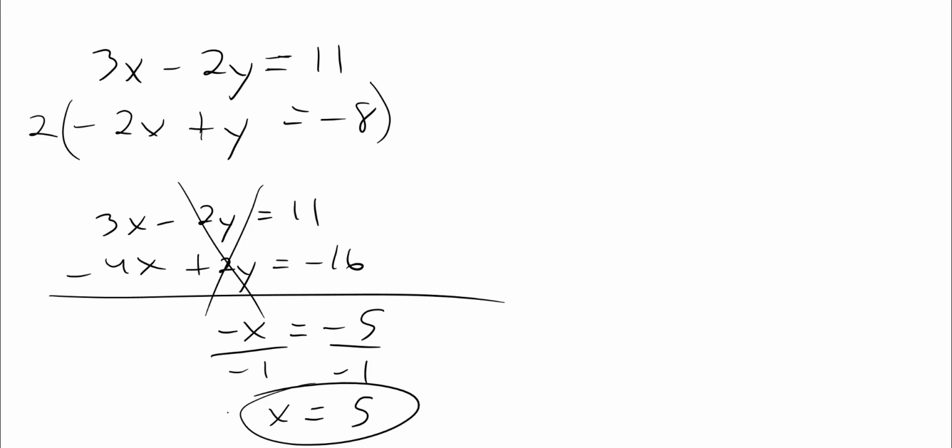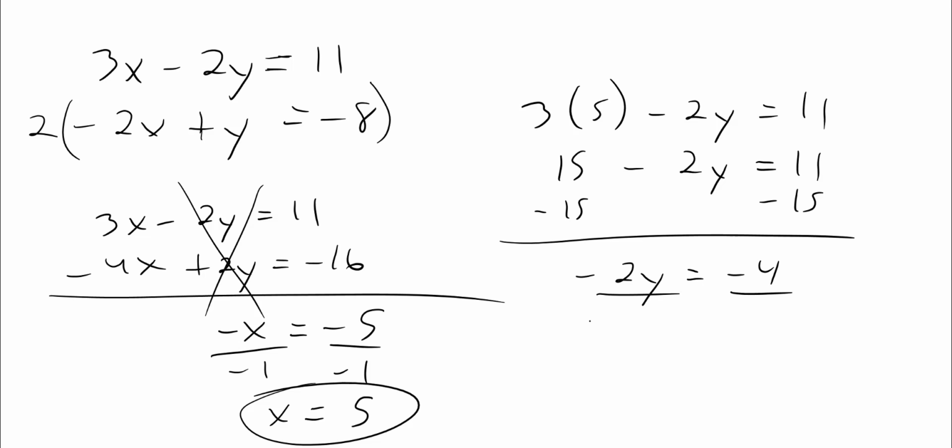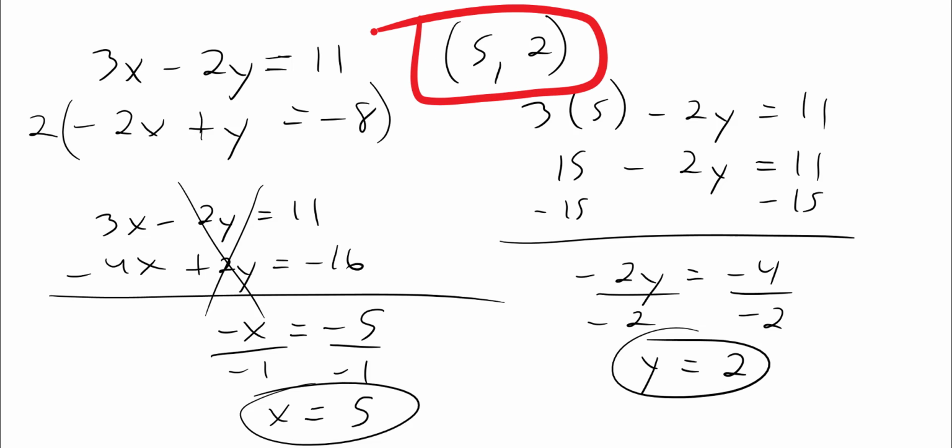Okay, and plug it back into the top one. So 3 times 5 minus 2y is equal to 11. So 15 minus 2y equals 11. So subtract 15 from both sides. I get -2y equals -4. Divide by -2. So y is equal to 2. So there we go. The answer is 5 comma 2. Okay, hopefully you guys got the hang of it. It's pretty easy. We're going to do one more example